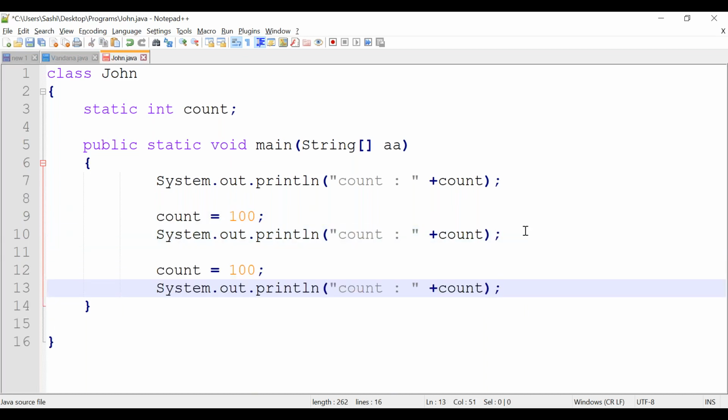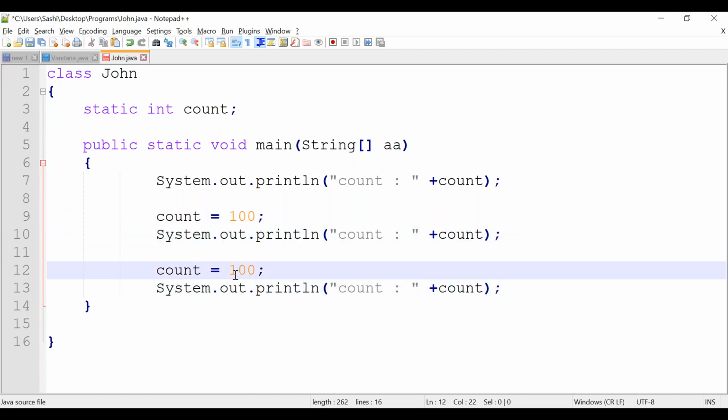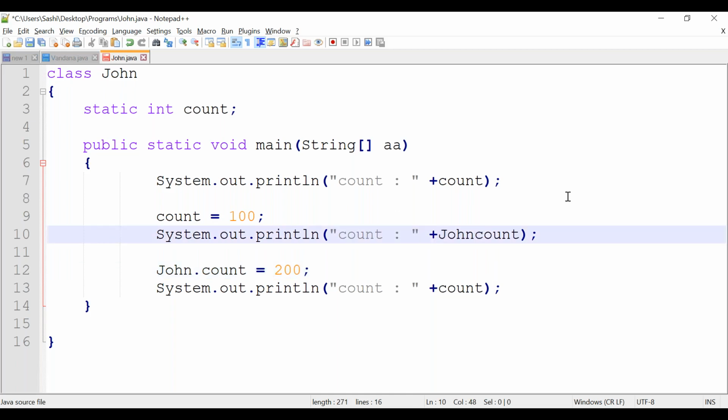Again, either I can access it directly or I can access it using class name dot variable name. Any way is possible. It is a static variable, so either I can access directly or using the class name.